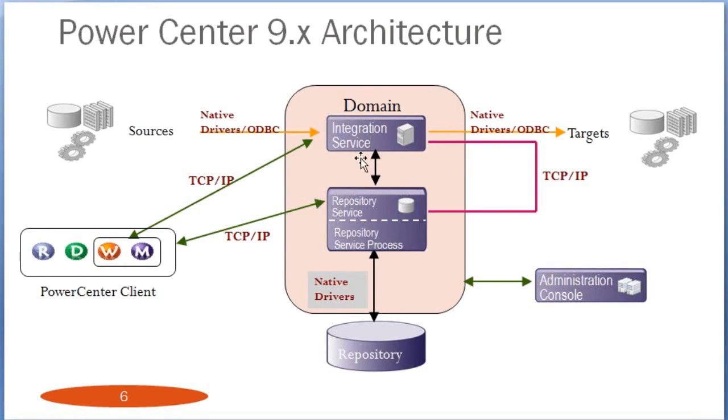So your integration service will understand your instructions. Understanding the instructions is nothing but what is a source table, what is a target table, and what are the transformations being used. All these things integration service will understand, and then based upon the source connection, it will fire a select statement to read the data from the source system, transform the data and then load it. So how does the integration service process the data?